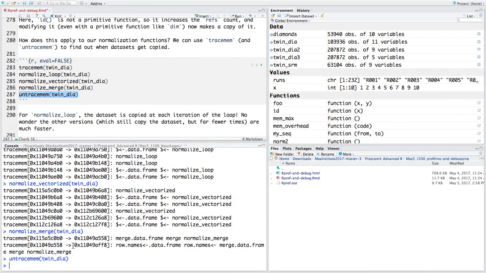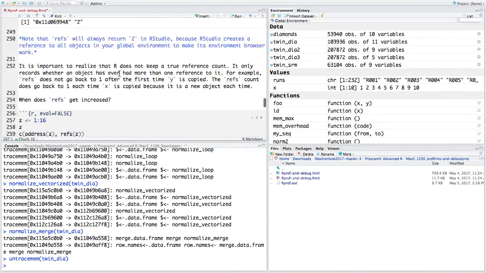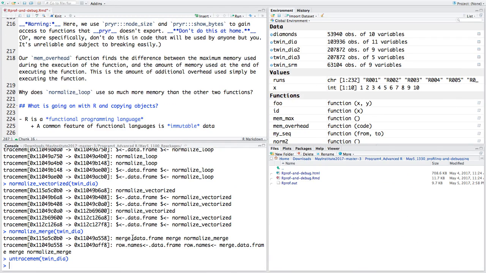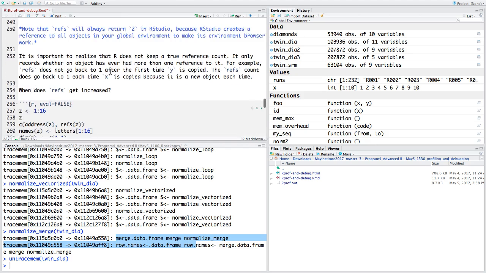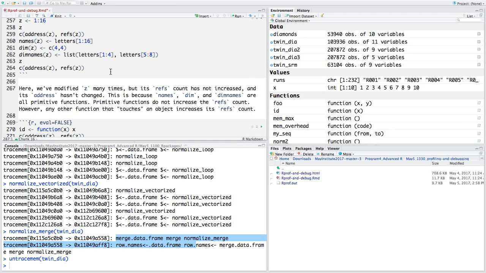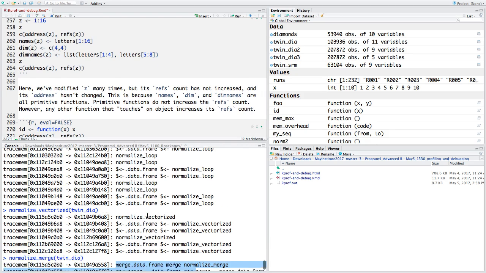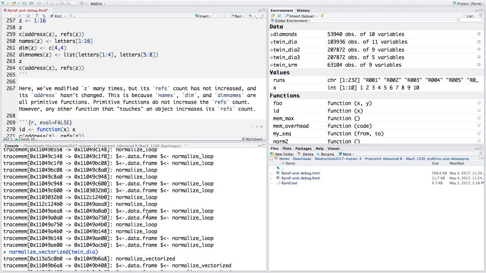I'm going to guess that's probably because, well, you can see that these things were copied from different functions, so the amount of memory that is used as overhead isn't all going to be from the copying of the data set. That's only going to be some of it. So there's the functions themselves that were used. Yeah, so there's going to be some additional overhead just from the other functions themselves, and in that case,